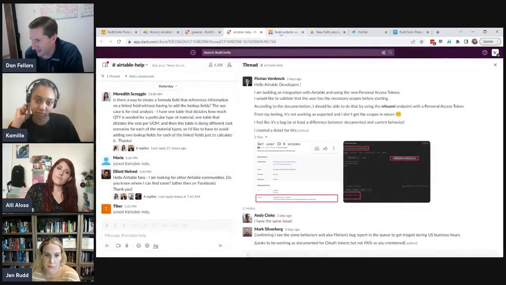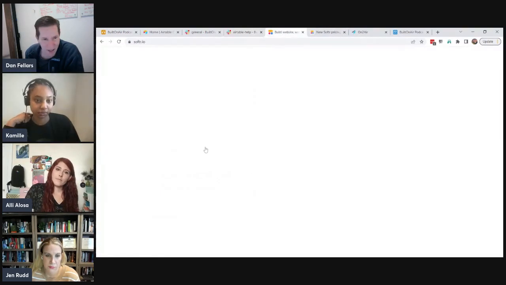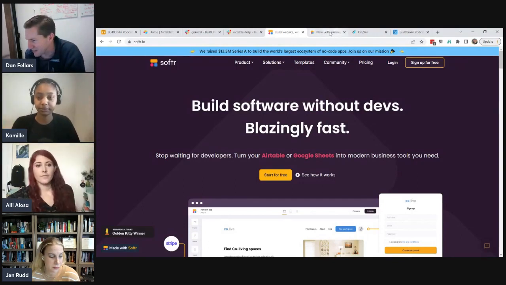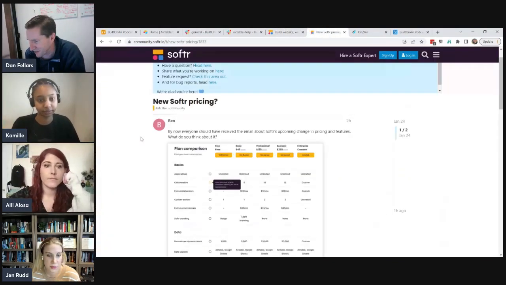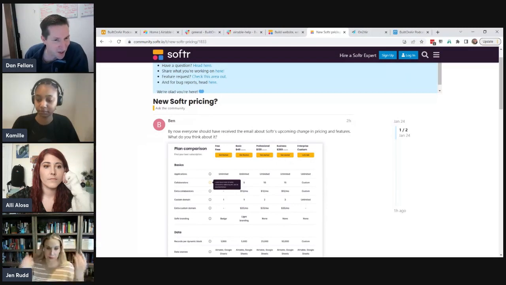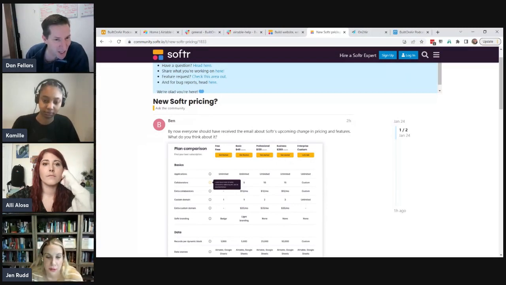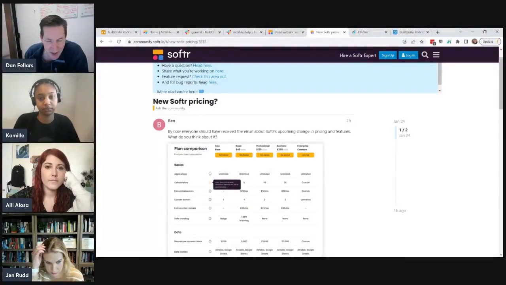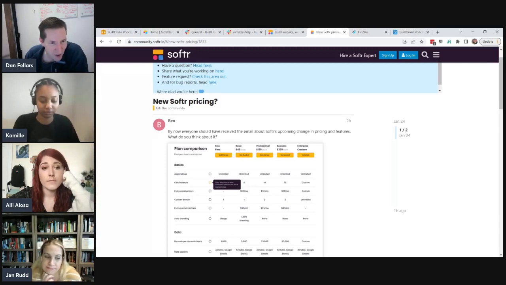All right, last one. This just came out this morning. I got an email from Softr. Actually, this is the one I want. So Softr, a huge platform, probably one of the biggest third-party apps that's primarily built on top of Airtable, although they've branched out from Airtable now, but started as Airtable. Looks like they're changing their pricing. So they're increasing their pricing, but they're also